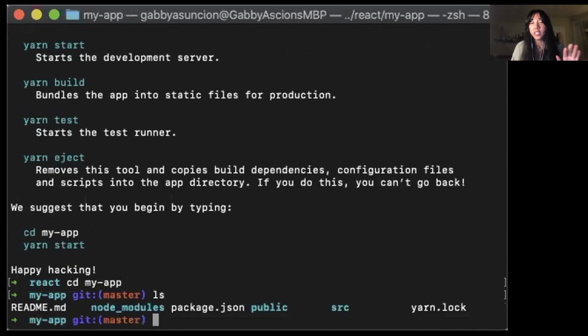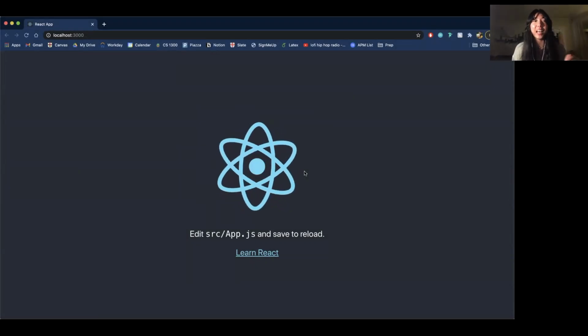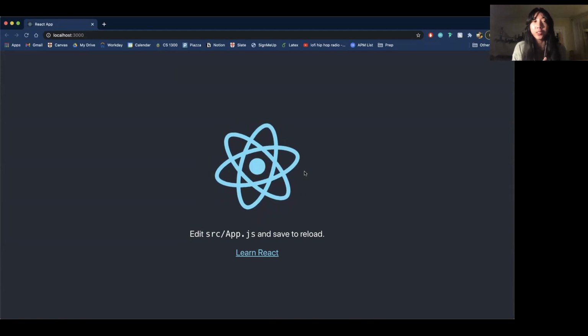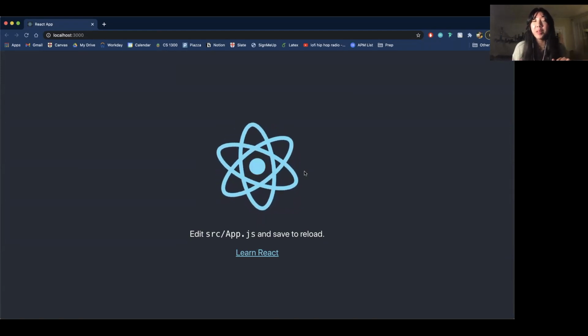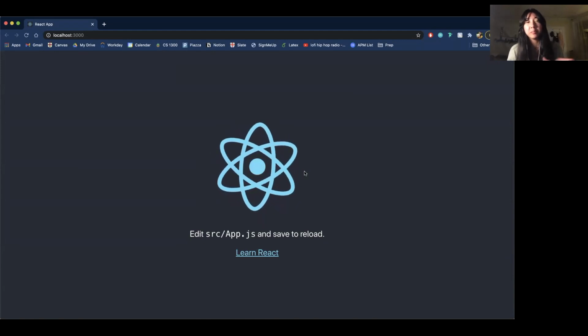Just make sure that you're in this directory when you run yarn start or npm start. So let's do yarn start. It'll hang for a bit, don't worry about it. All right, and you'll see here that my local development server has started up on localhost 3000. And anytime I make edits to the React app that I just created, it'll update here.